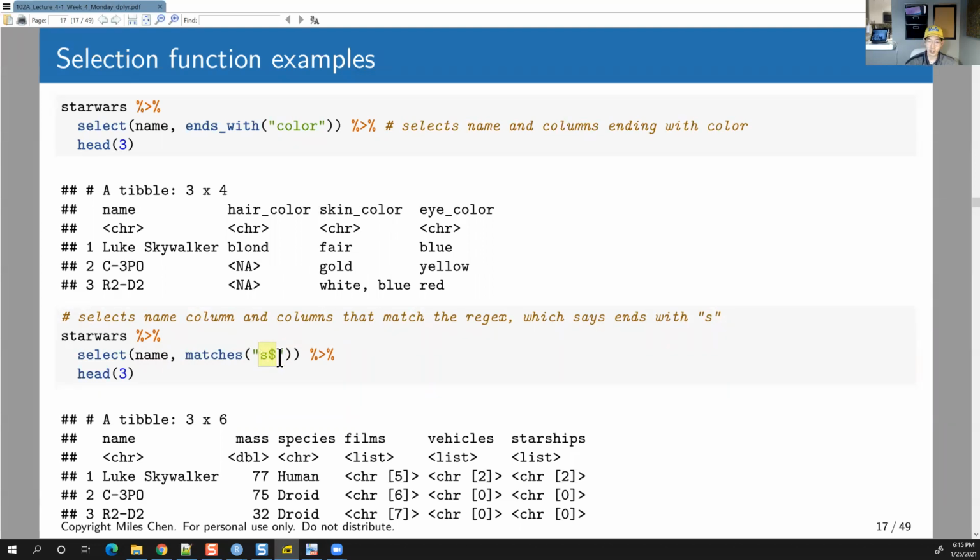This means the column ends with an S, okay? I could have just done ends with S here and that would have worked, but this regular expression is also another way of saying ends with an S, okay? And I just wanted to keep a simple regular expression that works here, okay? And so here it gives me all the columns that end with S: mass, species, films,